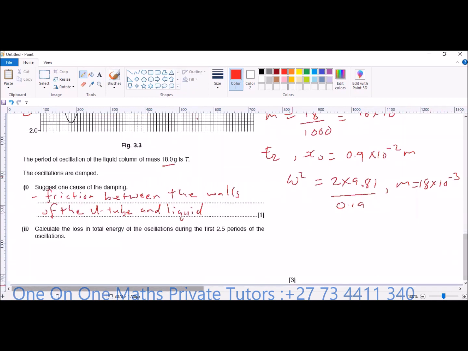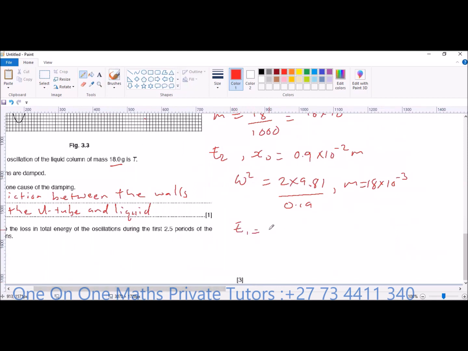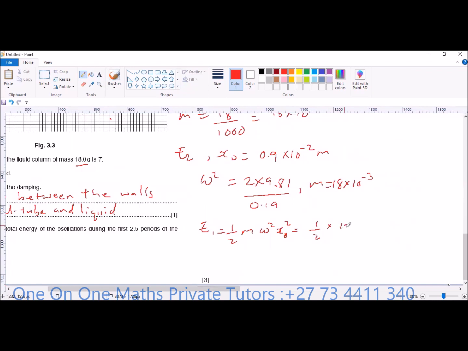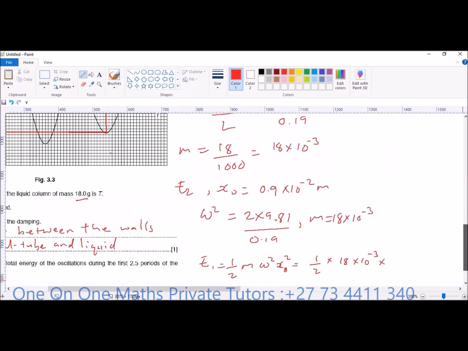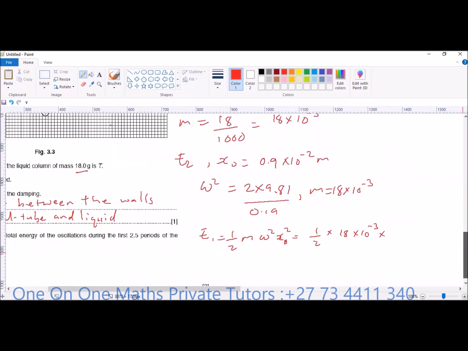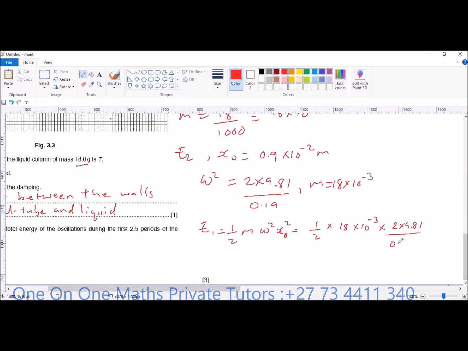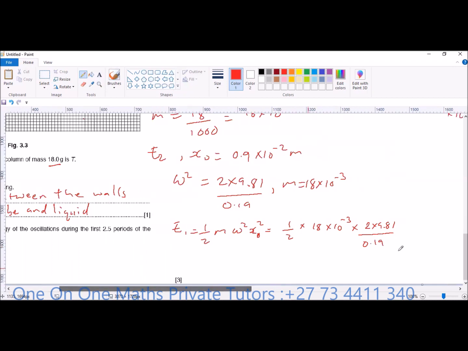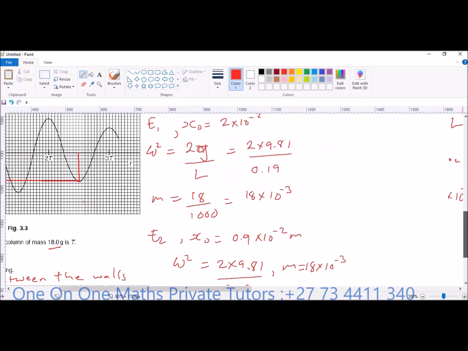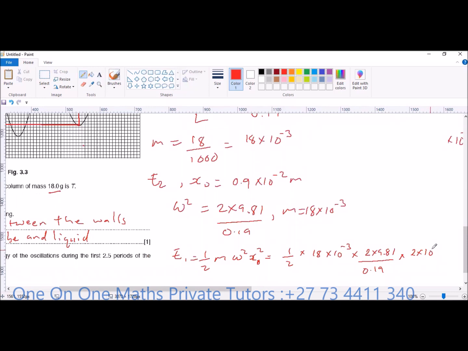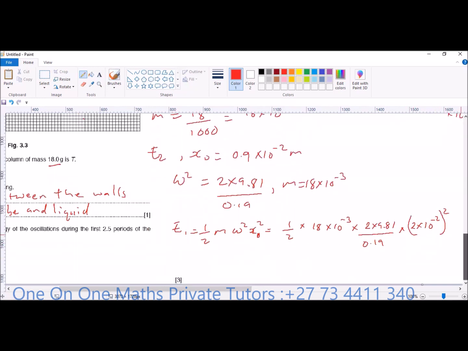So now how do we calculate this? E1 is equal to half m omega squared x naught squared, which is half times 18 times 10 to the power minus 3 for the mass, times omega squared, 2 times 9.81 over 0.19, times x naught, 2 times 10 to the minus 2, squared. This should give us,